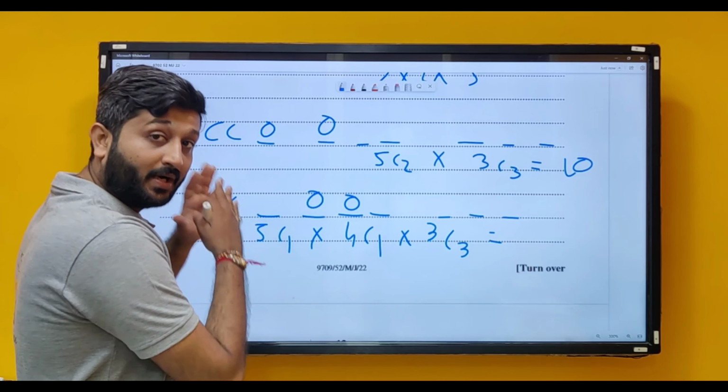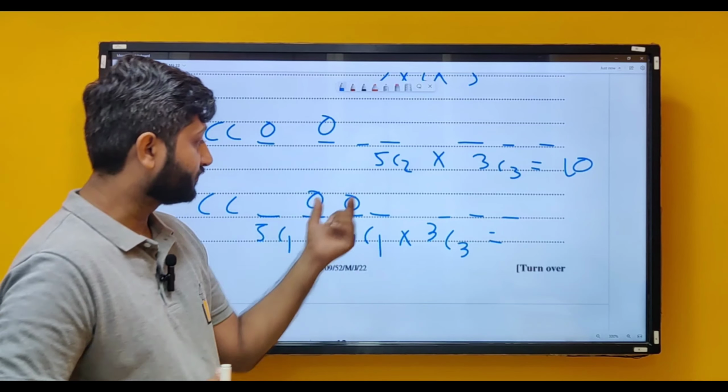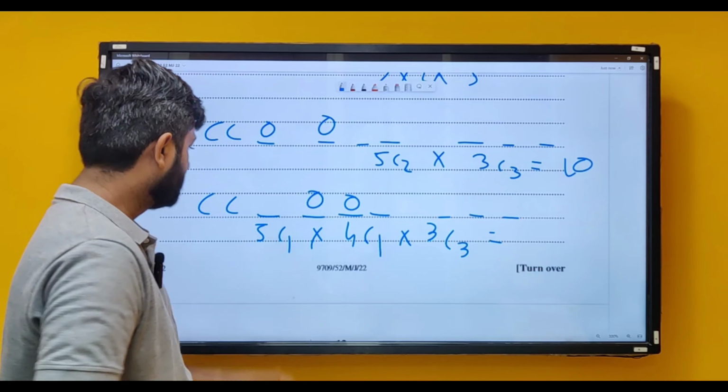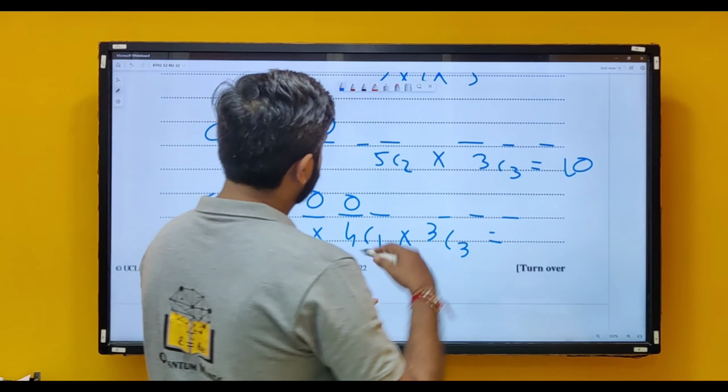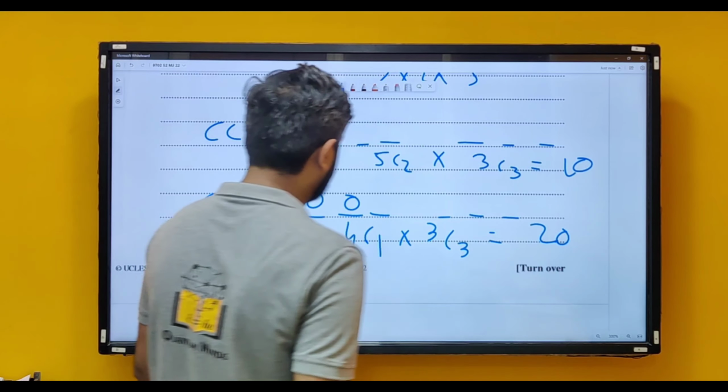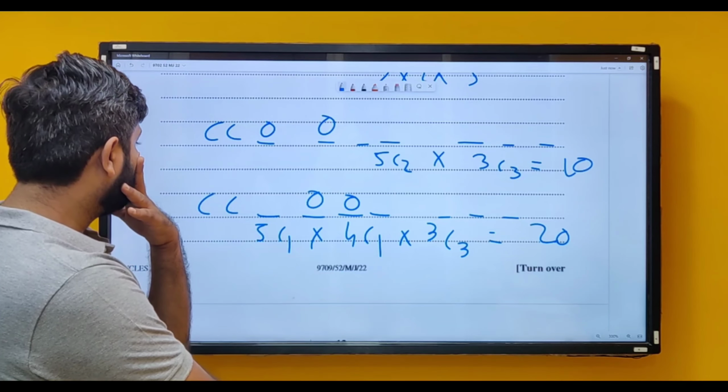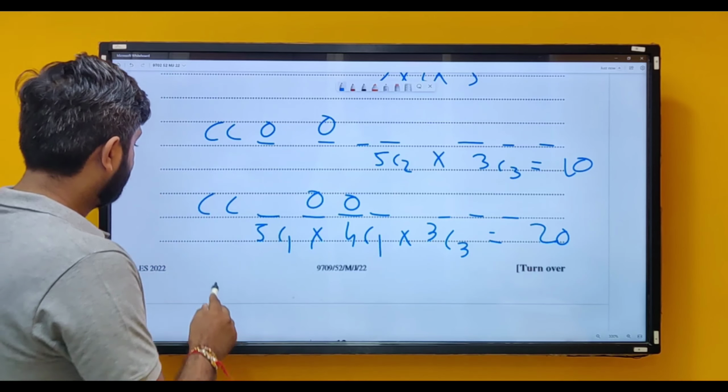Here, as I have already selected one letter, I am left with 4 letters. So 4C1 and now 3C3. 5C1 is 5, 4C1 is 4, so 5 4s are 20. Now is there any combination left? I think yes. If I divide